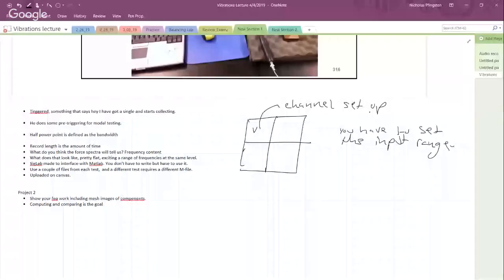Overload? No? Clipping. But we don't. All right. You try to measure, so you have to set up your input range. You have to set up your input range. So if you look at the possible input range,